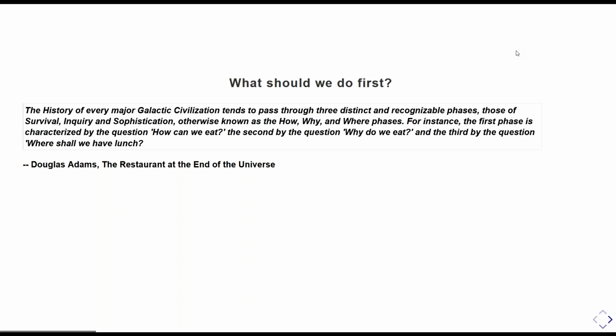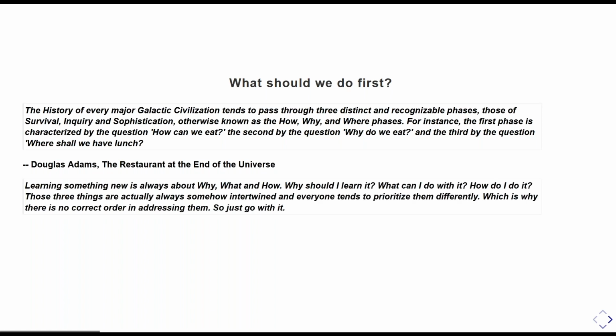the Hitchhiker's Guide to the Galaxy by Douglas Adams, and I read the second book first, so I have a problem with ordering things anyway. I think in teaching there's a problem with ordering things, and this is why I'm mentioning it, because whatever order I choose, it's wrong for a part of the audience anyway. So Douglas Adams seems to think everything starts with a how, and I often start with a how, but yeah,